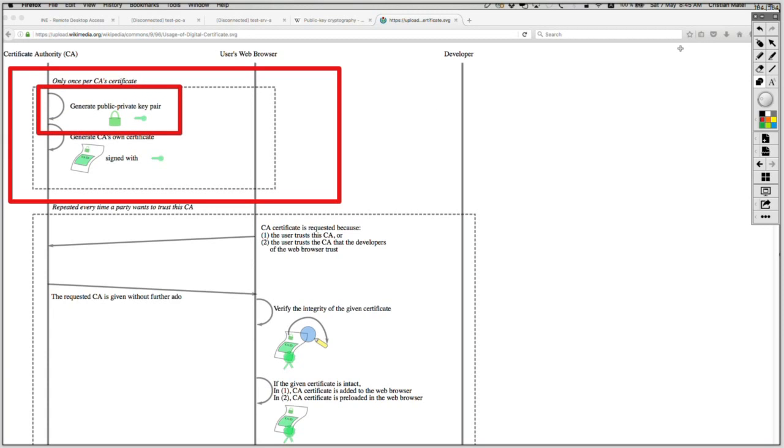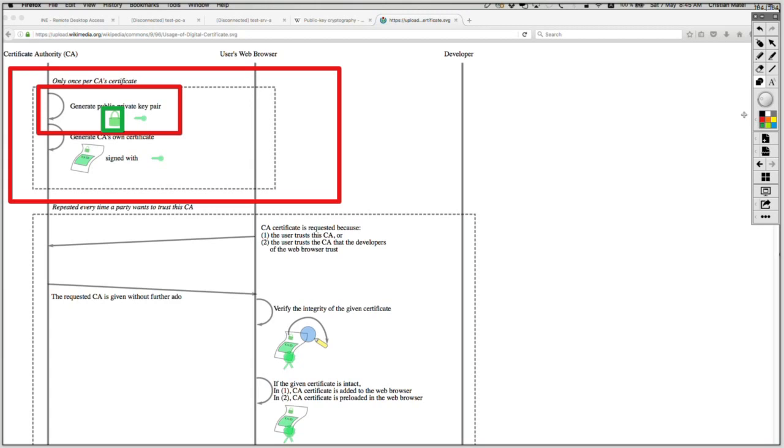In this step the CA has to be enabled, has to get active. So what happens? The CA generates a private and public key pair, and the public key is going to be this key,